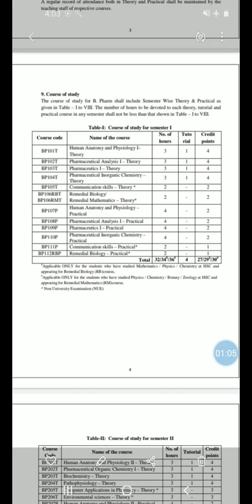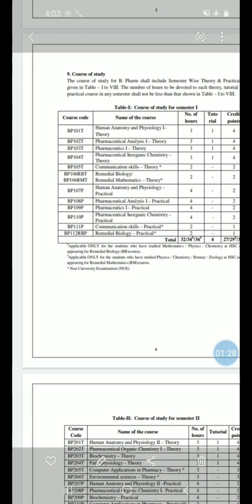subjects: human anatomy and physiology 1, then pharmaceutics 1, then pharmaceutical analysis 1, pharmaceutical inorganic chemistry, then communication skill, and also the remedial biology practical. These are the 6 subjects you have to study in semester 1. Then we will see the marking system